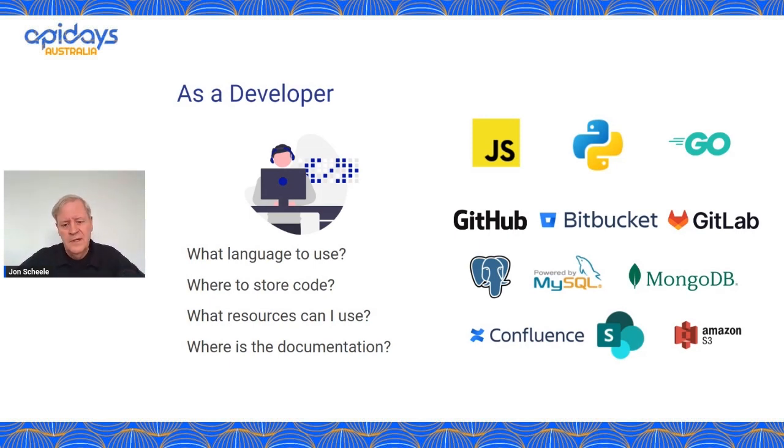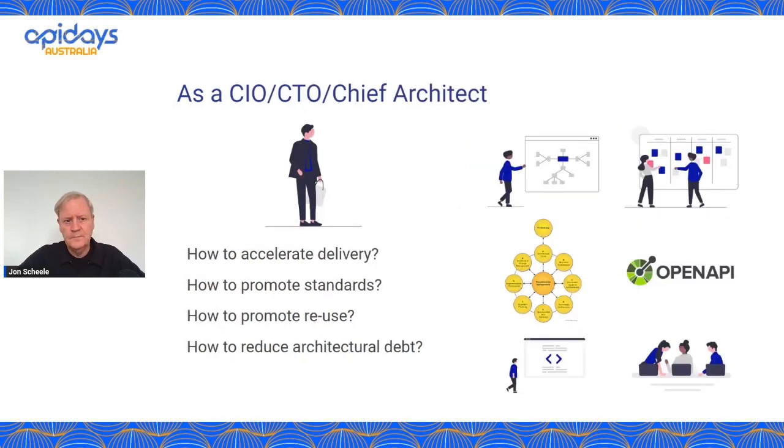They may be in a Git repository. There may be some wiki page or some other document repository. You need to understand how to find this information and get up to speed very quickly so that you can be productive. As a manager, whether that's the CIO, CTO, enterprise architect, or development lead, you're constantly looking for ways